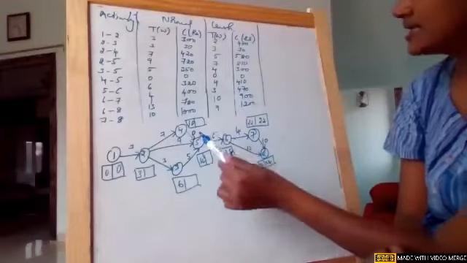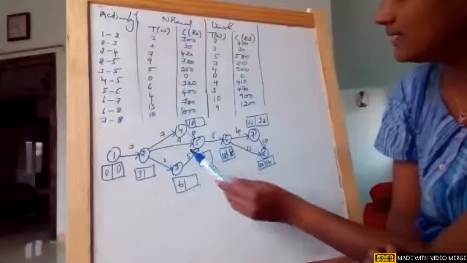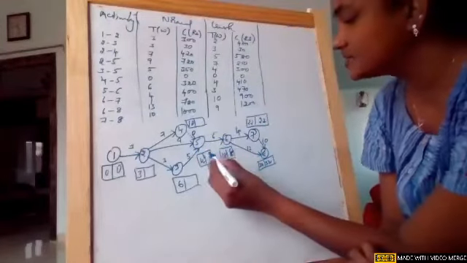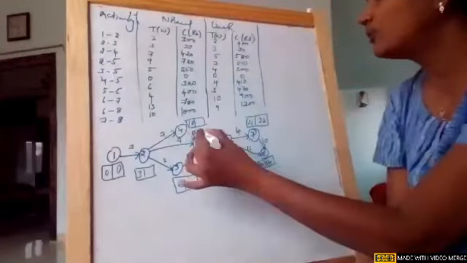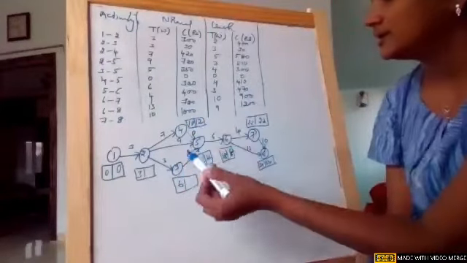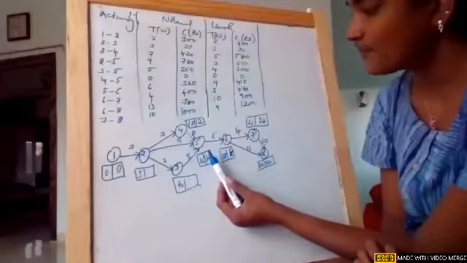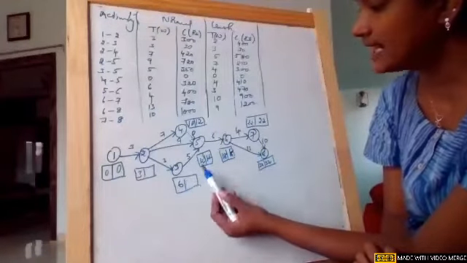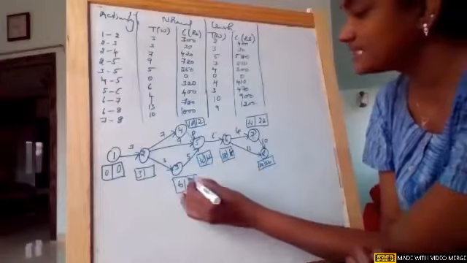Then come to the next tail. Near node 5, it is a single tail. 18 minus 6, which is 12. Near node 4, single arrowhead. 12 minus 0 is 12. Near node 3, single arrowhead. 12 minus 5 is 7.